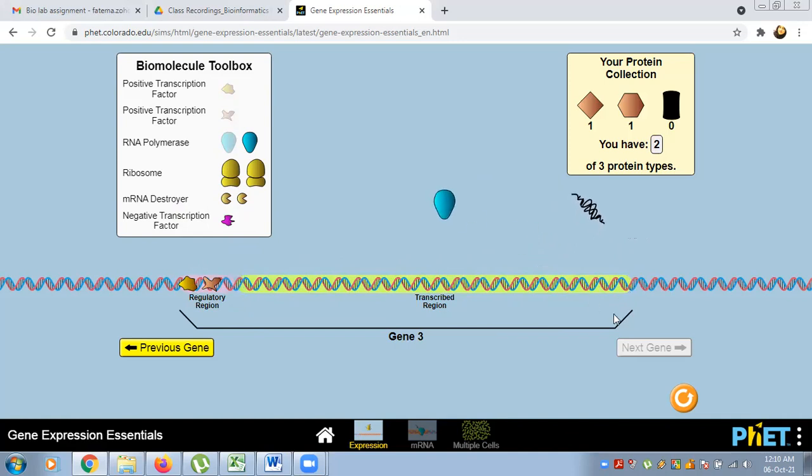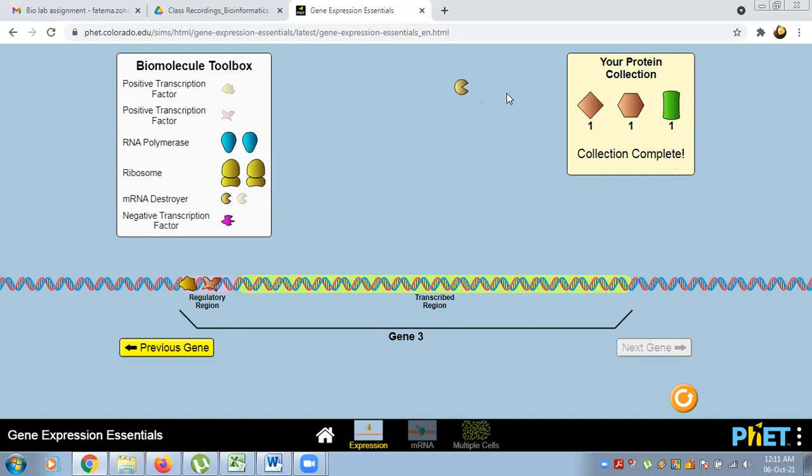I'm putting it back here. Now I will add the ribosome to the mRNA, and as you can see, protein is already produced. So I will place the protein to the collection box, and I will destroy the mRNA and place the ribosome back,